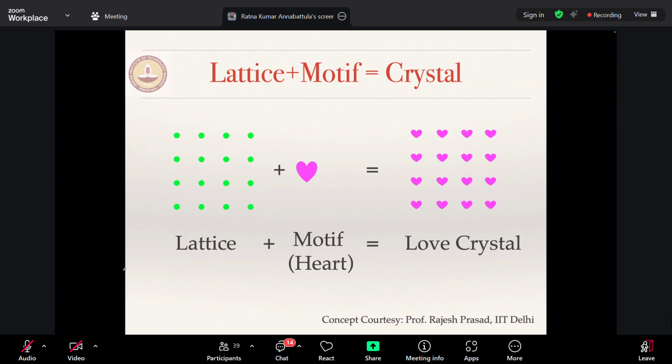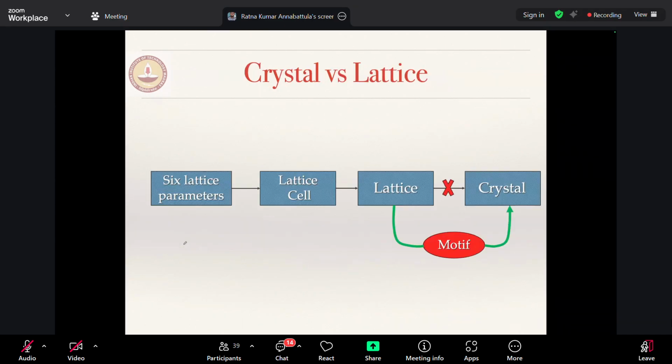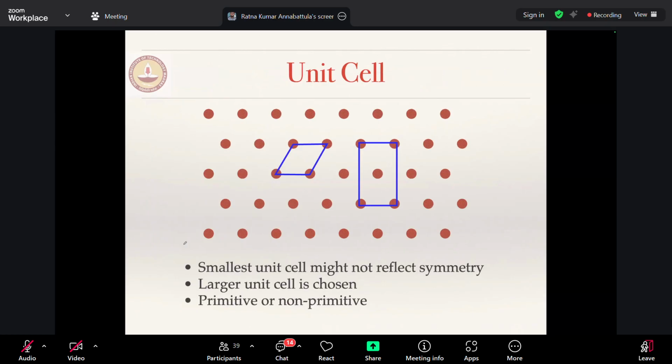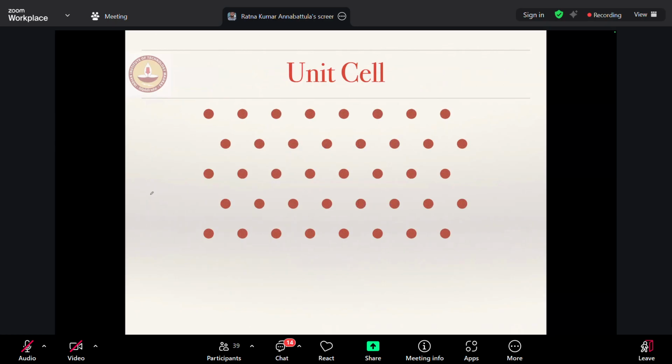Let us choose a triangle. Okay. Let's go back. So let me choose a triangle as my unit cell. If I choose the triangle as my unit cell,